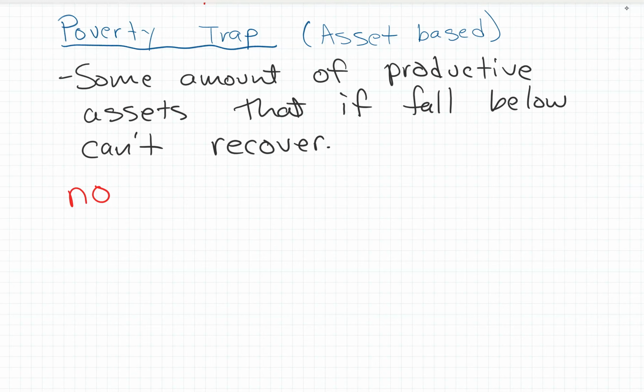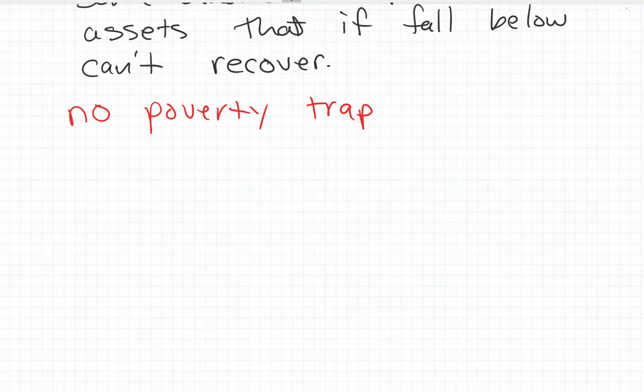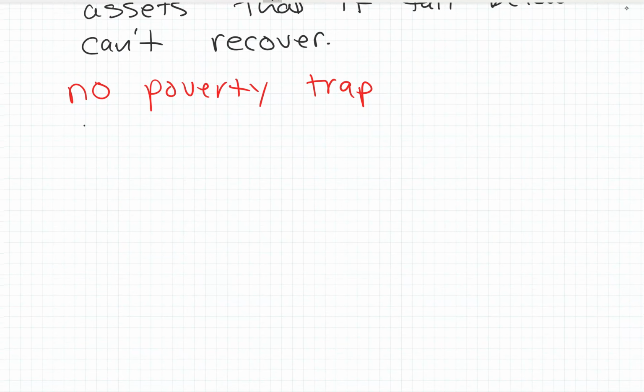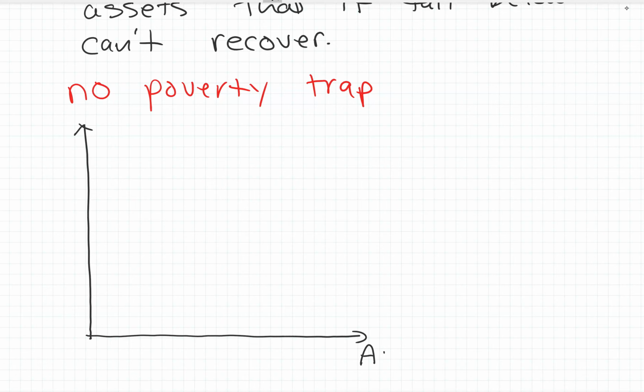So if we don't have a poverty trap, what would that look like? The poverty trap and no poverty trap is related to how today's assets relate to tomorrow's assets. Here are the symbols we're going to use. A_t, that's your assets now. Again, assets are productive assets. It could be machines, or for simplicity, you can just think of, for example, the livestock in the textbook example.